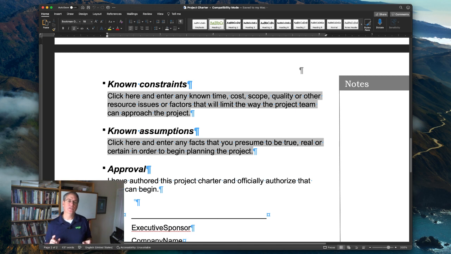Next up, constraints. Now, constraints are interesting because I think they are another thing that is oftentimes misunderstood by a lot of people who don't do project management for a living. So constraints are the barriers to completion. What are the things that could get in the way of us doing it? However, we know what those things potentially are. So let me give you an example.